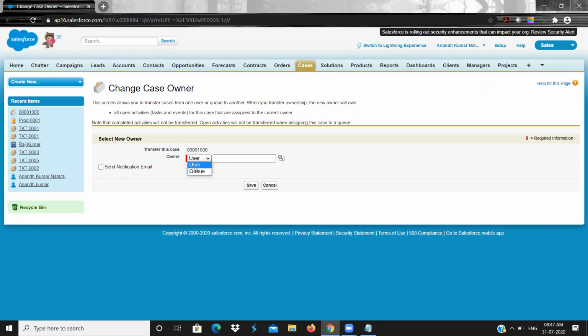You see only queue. You can assign it to a user or to a queue. Two things you can do.